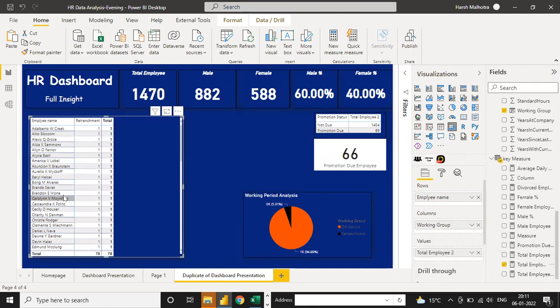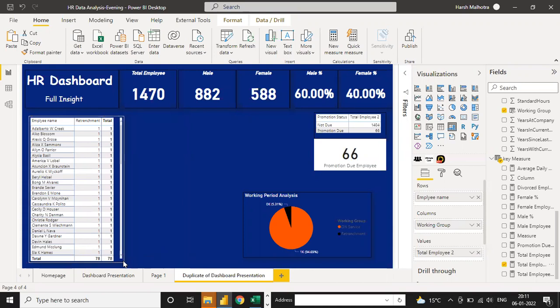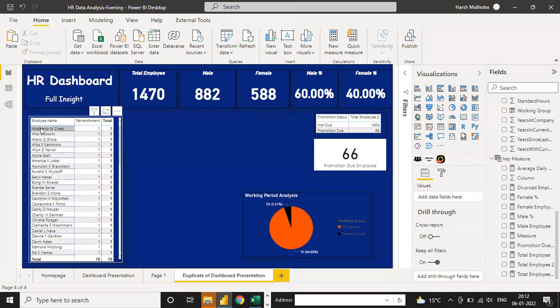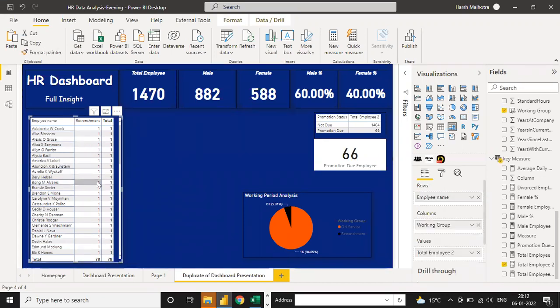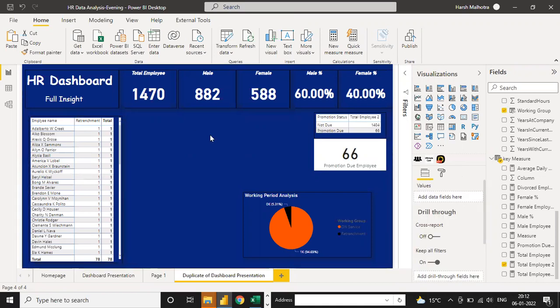So you can see these are the 78 employees who are looking for retrenchment from the company. So these are all the retrenchment employees. Suppose you are working on this person one by one, how the person is looking for some promotion activity or some other activity. That is why the company deals with this kind of data.